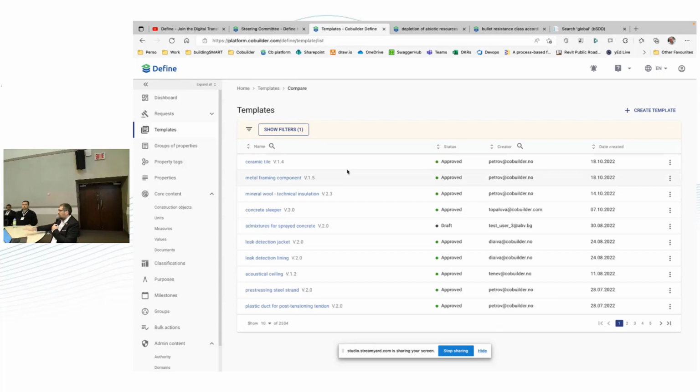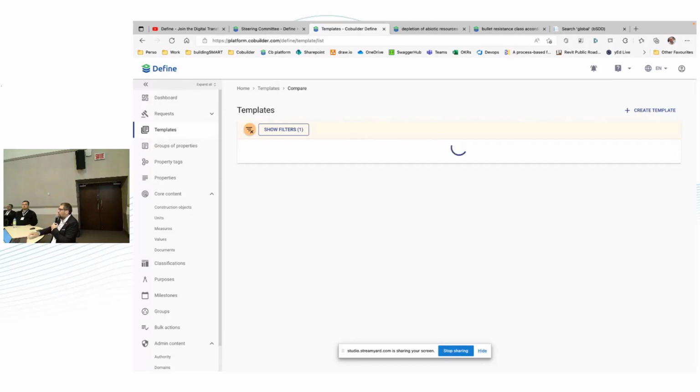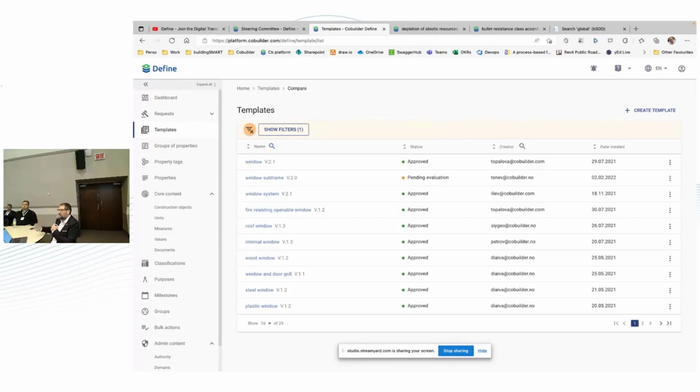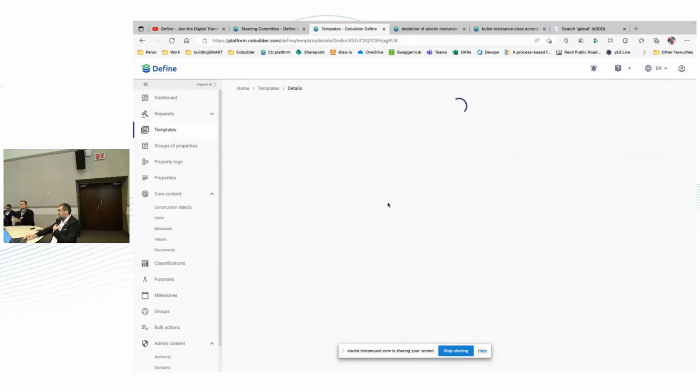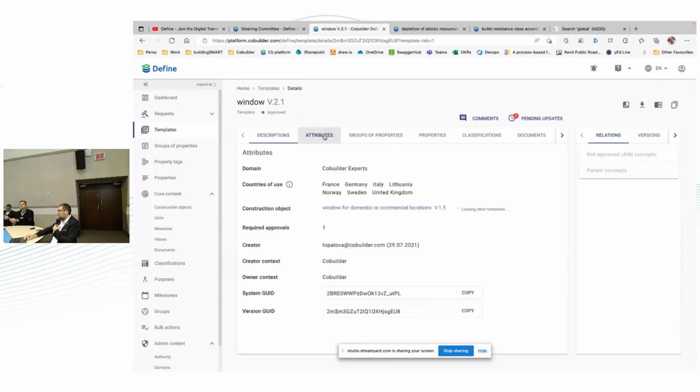So you are able here to check the differences between all the different versions of the concept templates property. And again, for me, that's really important to have this kind of tracking, and that's why it's important to have a tool allowing you to manage this content and, when it's ready, push it inside the window. So let's go back to my window. This is really according to standard. You have the different countries where it can be used, the corresponding construction object, who has approved it,